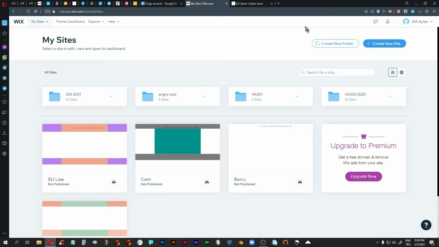What I would like to do now is take you through all the steps of creating a brand new site on Wix. Now I'm on my dashboard, and unfortunately I will not be able to take you through the steps that will lead you here because I already have an account, but you will set up an account and then eventually you will get to your dashboard where you will find this button which says Create New Site. So you click on that